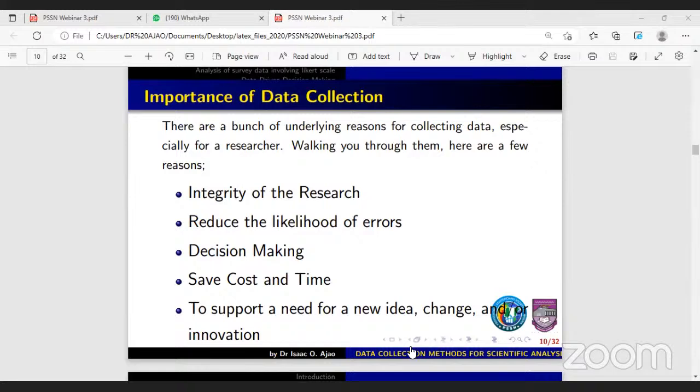Then, reduce the likelihood of errors. We do a lot of comparison when we collect data. That's why some people in their research use all the methods: use primary, use secondary, and even under primary, they combine qualitative and quantitative, to make sure they reduce the likelihood of error. So, decision making now, which